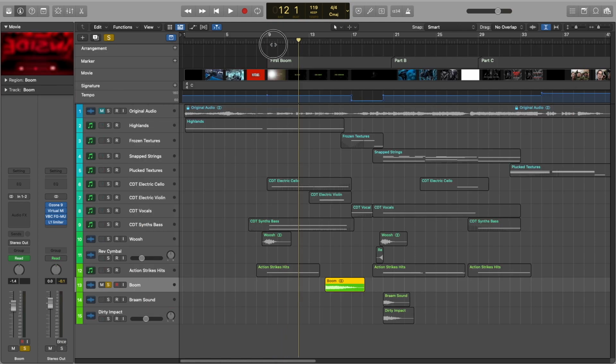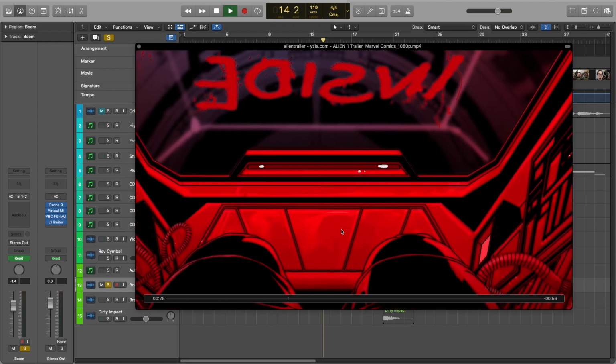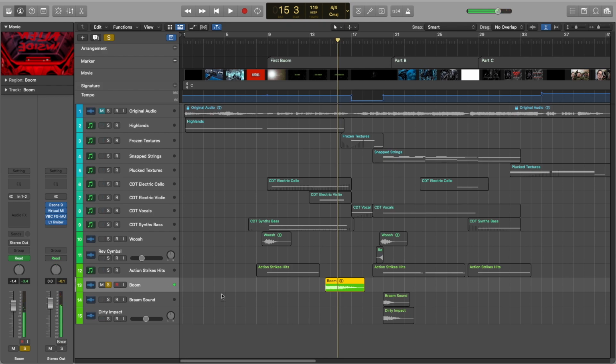It got too hectic, and it took away from the scariness and ambience that I was going for. So there's this boom sound that I only use once in the trailer, and then you hear it right on, you scream. Loud and